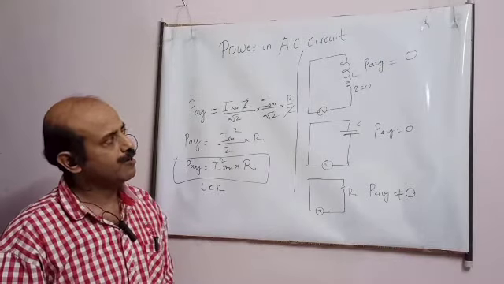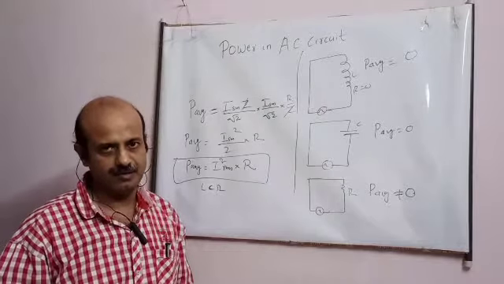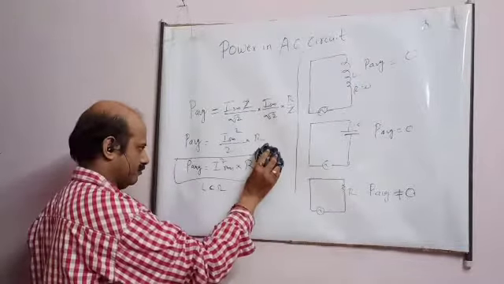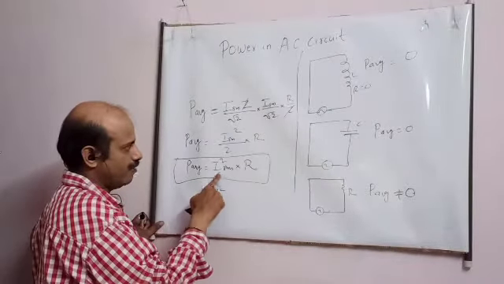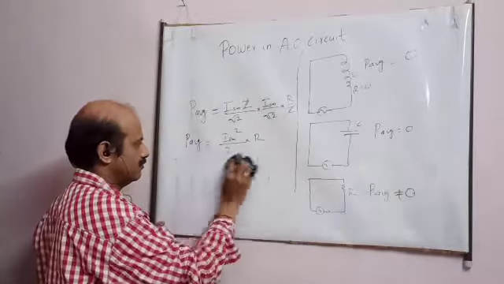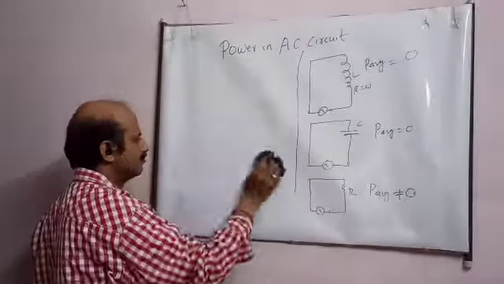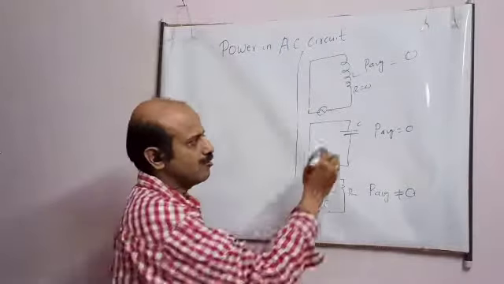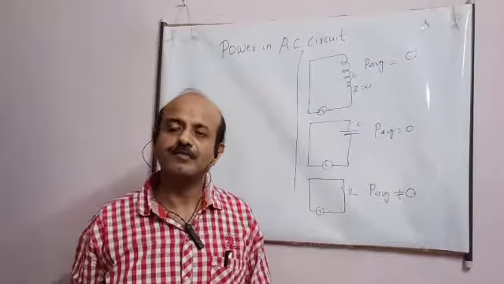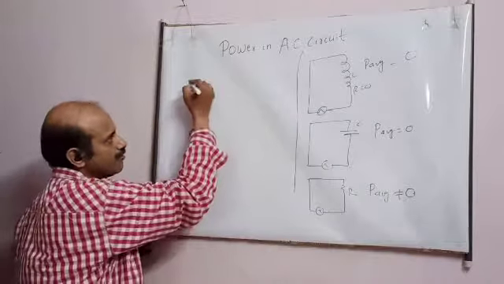Now average power 0 means the work done by the battery is 0. Means the battery is not giving any energy. So what is the meaning of this average power 0? That I will explain to you, student. This formula, student, you have to remember, our average power. Now student, how does this come out to be 0? Because power is work done per unit time. This means the battery is not doing any work. So what is the meaning of this, student? I will explain by a graph, student.